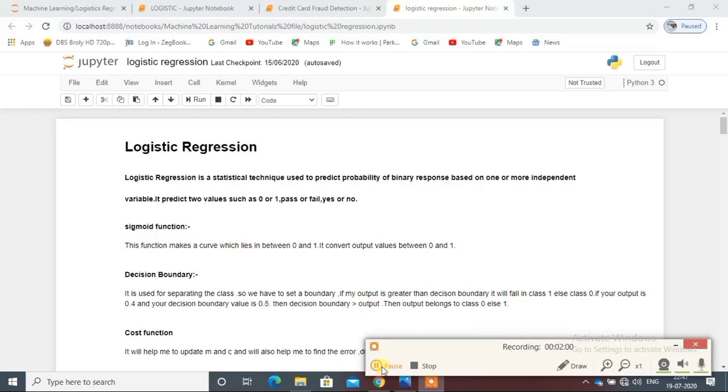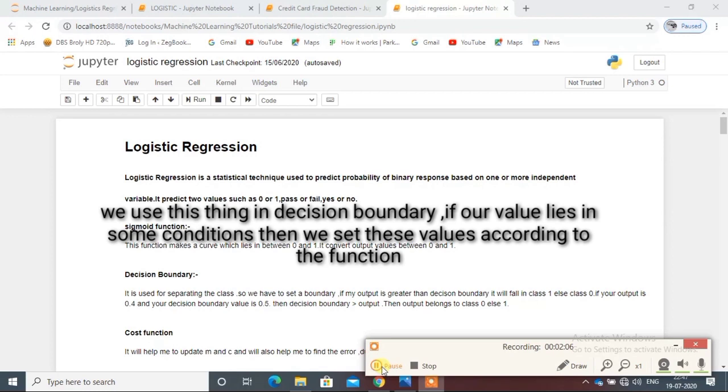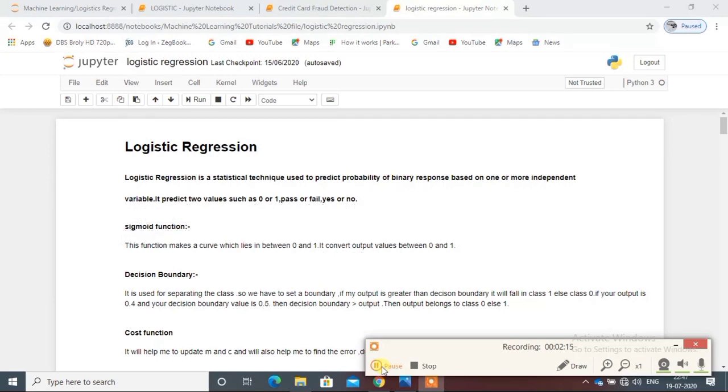When we get our probability as 0.53, we set it as 1. We use this function to get our probabilities and to be able to distinguish between two outputs, 0 and 1. The second topic, we will discuss later.